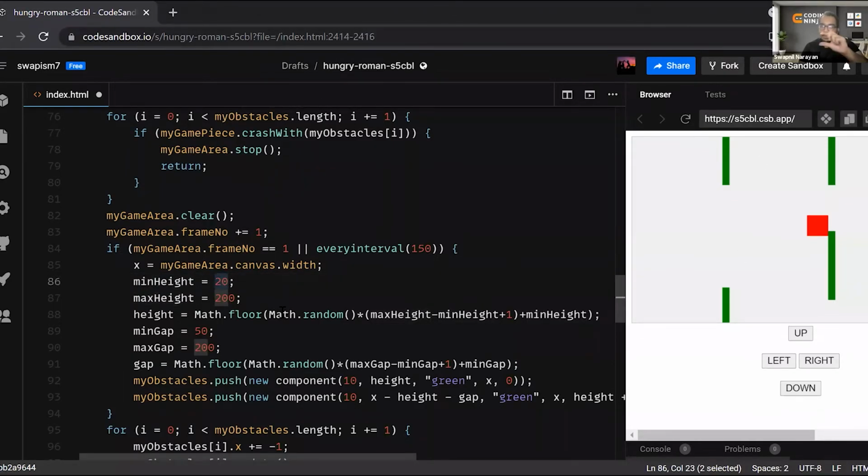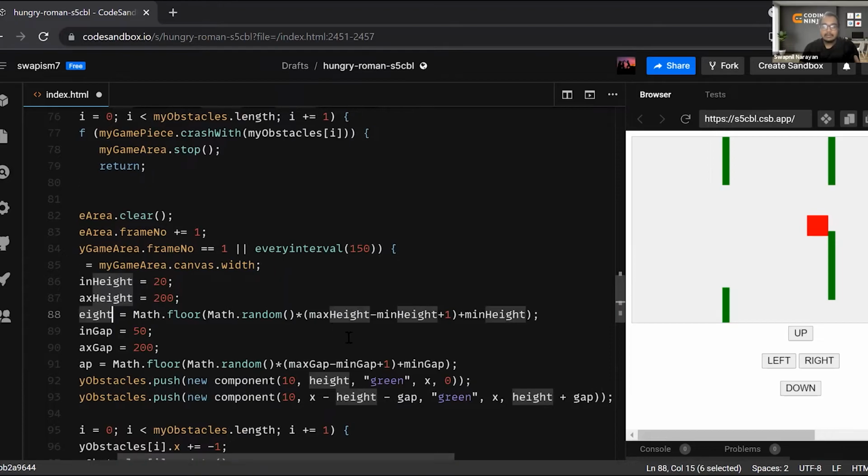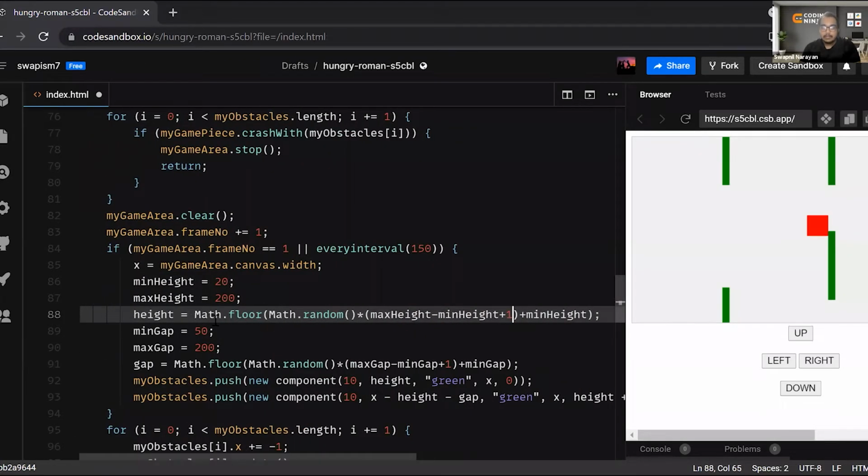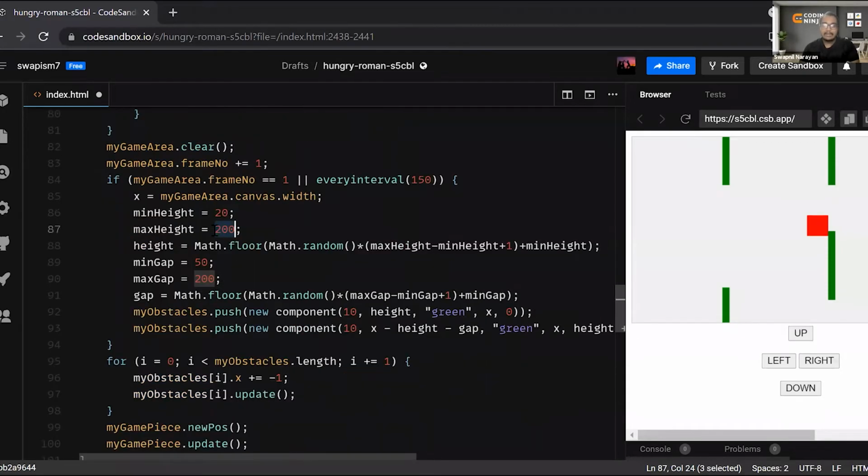The minimum height I have set 20 and the maximum height I have set 200, and the final height I am getting is any random value from 20 to 200. So max height minus min height plus 1 plus min height. This is the expression to get any random value from 20 to 200. So height I have got.